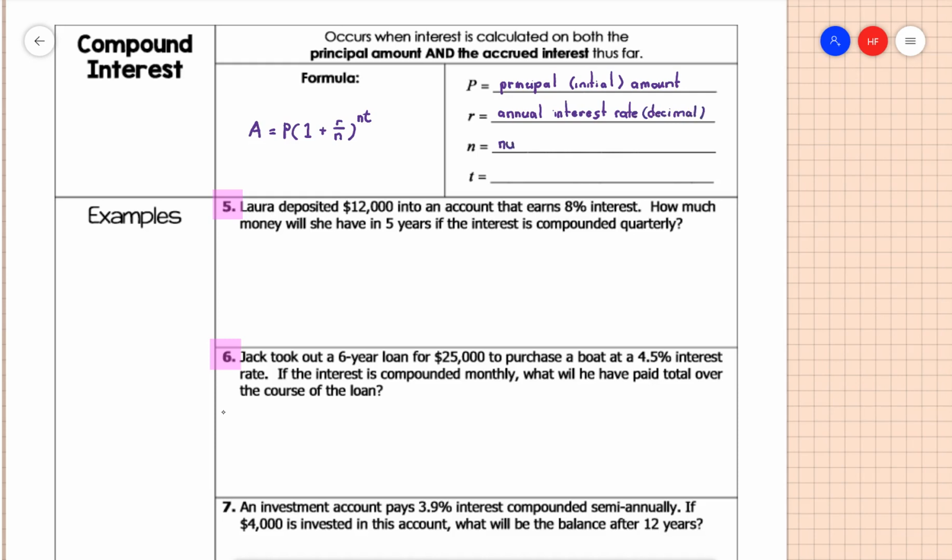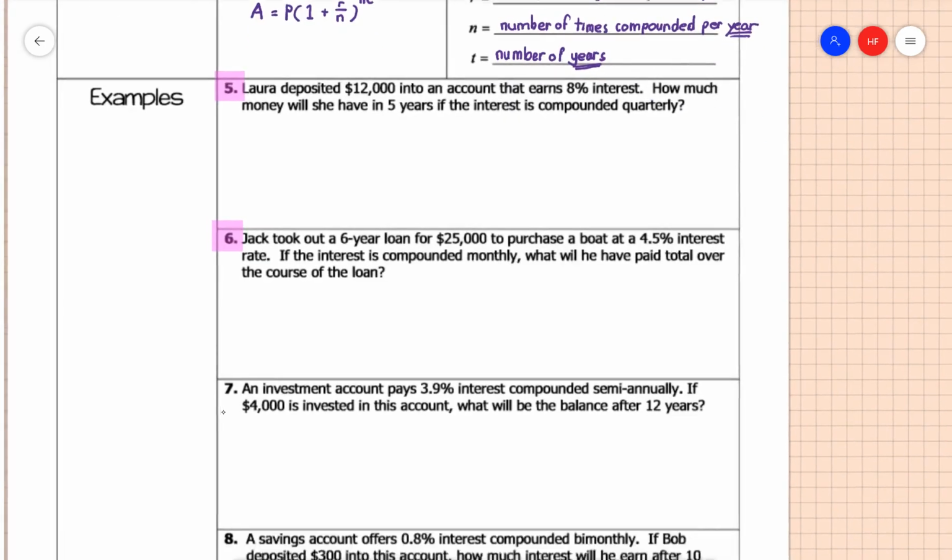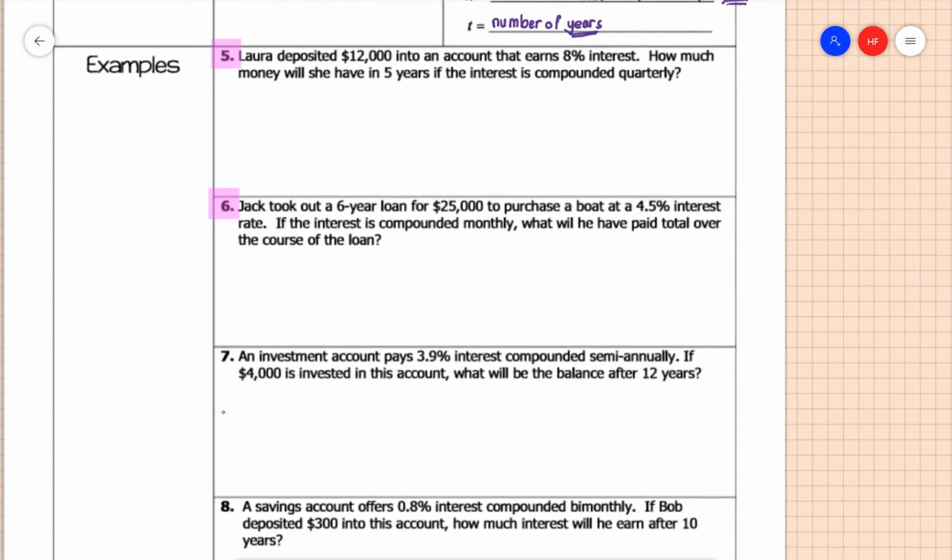N is the number of times compounded per year. So it's the number of times that they're adding interest to it per year, and then T will be the number of years. So for compound interest, everything is going to be in years. So we've got per year and then number of years. So on number 5,